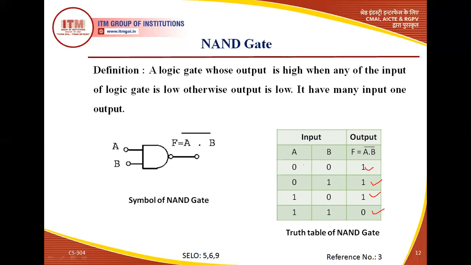So if we have n number of inputs, and any of the inputs is low, then we can definitely say the output of the NAND gate is high. We cannot check other inputs. ओके, हमें कोई रिक्वायरमेंट नहीं है दूसरे इनपुट को चेक करने की, हम डेफिनेटली बोल सकते हैं कि उस NAND gate का आउटपुट 1 होगा. So that is the property of the NAND gate, and that is the truth table of the NAND gate.